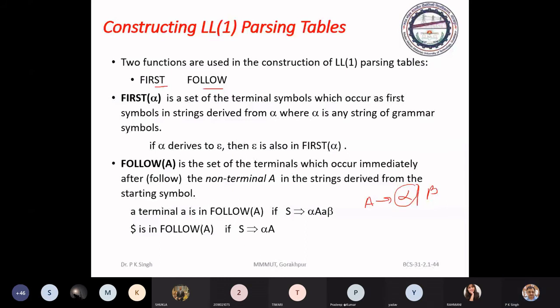And first of beta will be a set of terminal symbols that will be the first symbol of all the strings generated by the construct beta. So it will just identify the first symbols of the strings generated by the various alternatives. Okay.